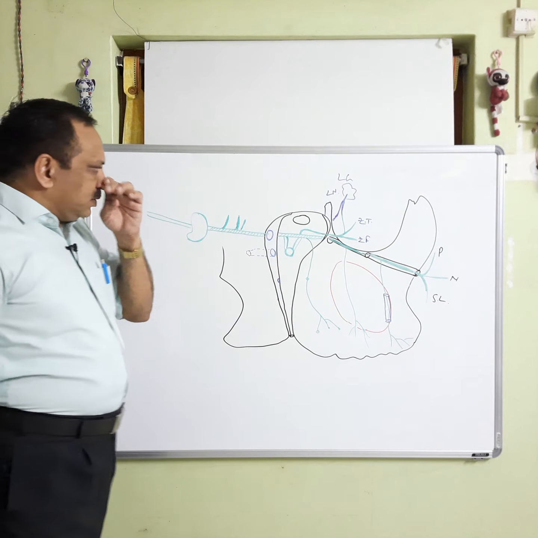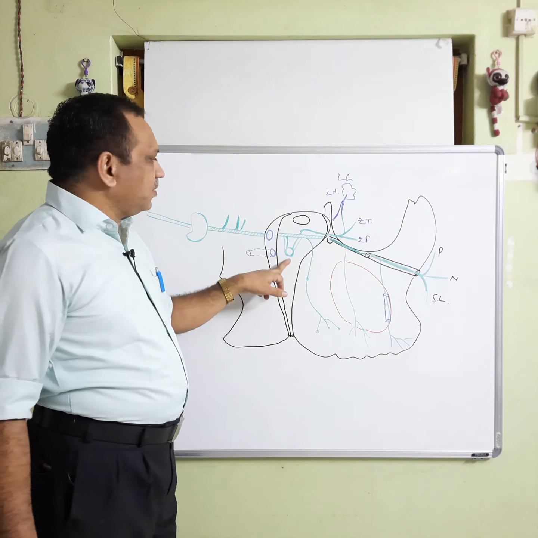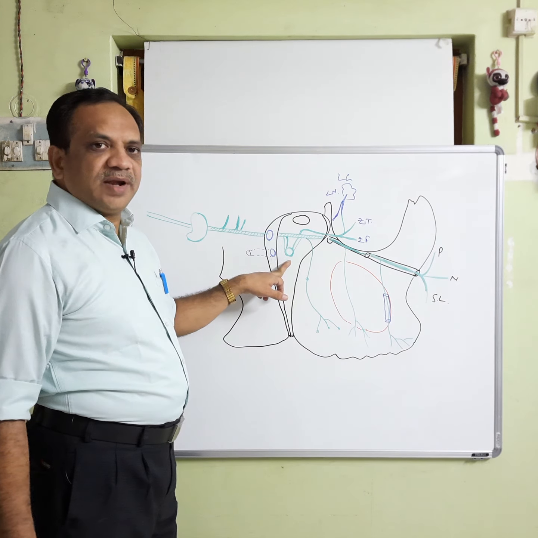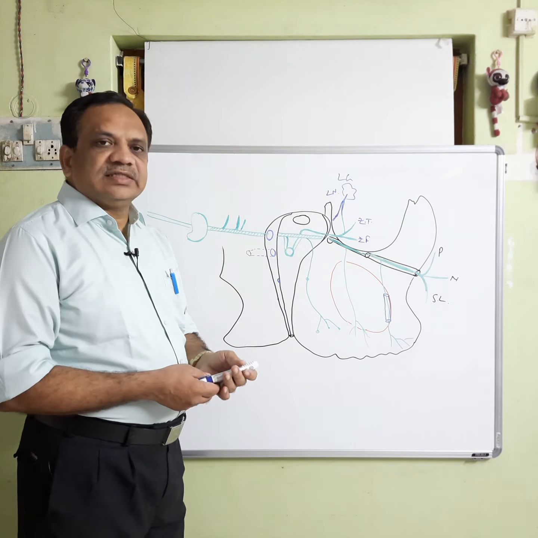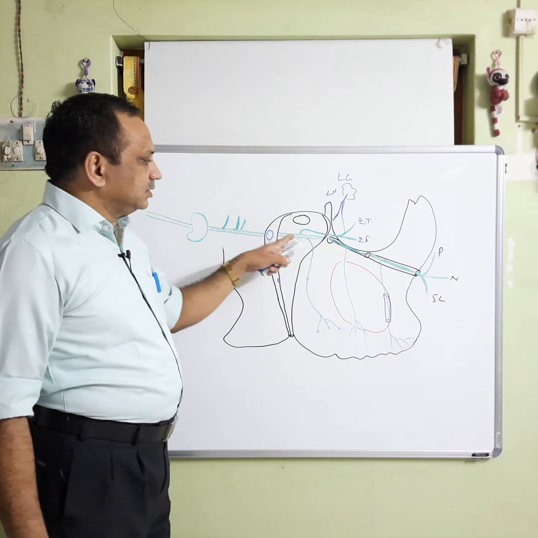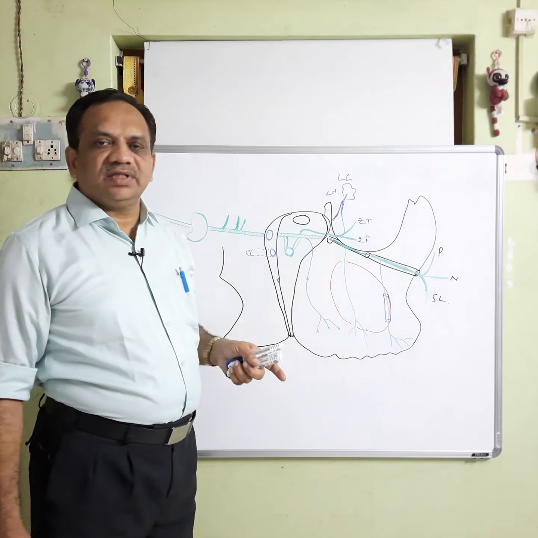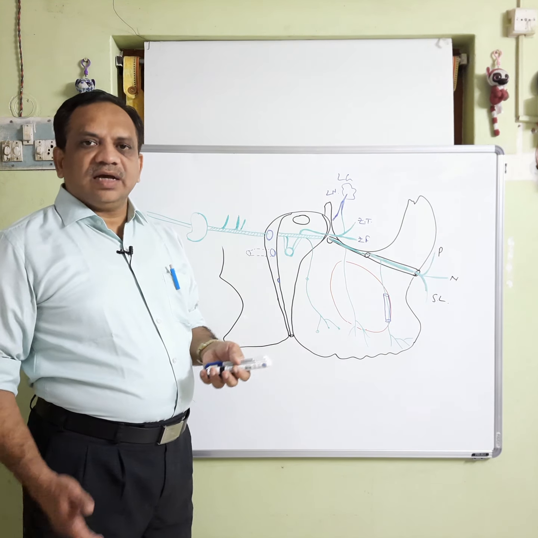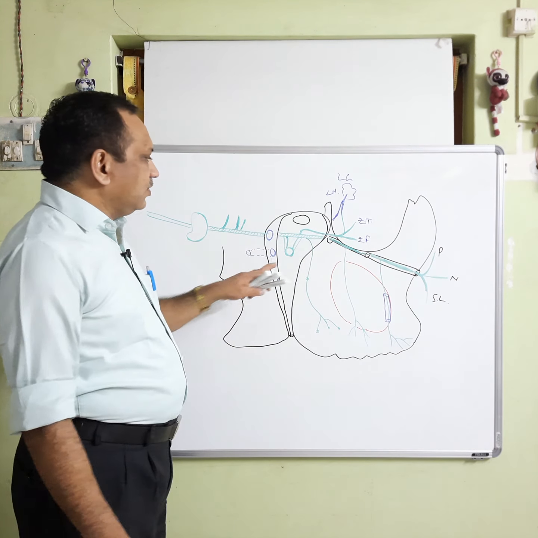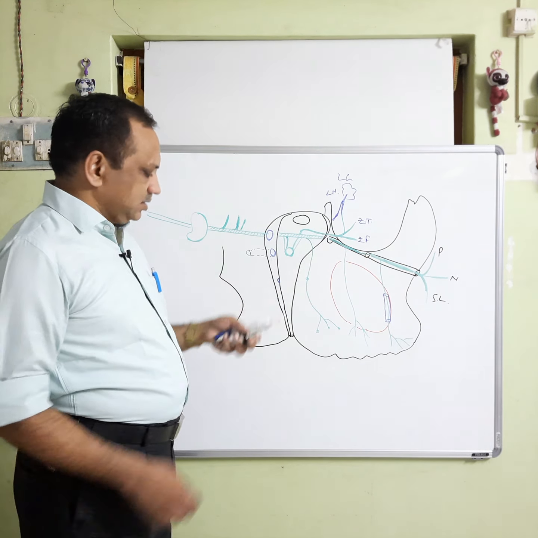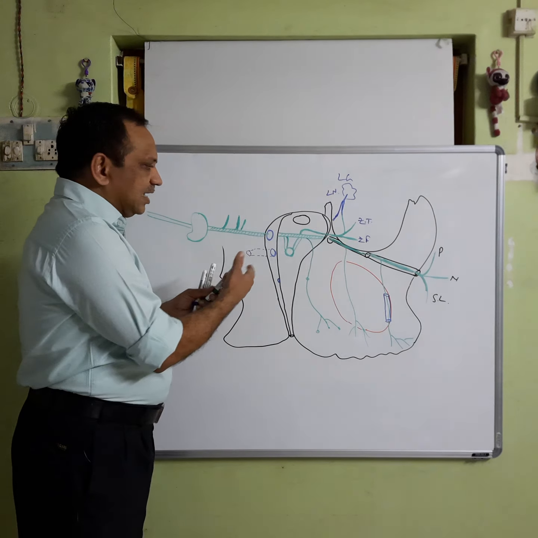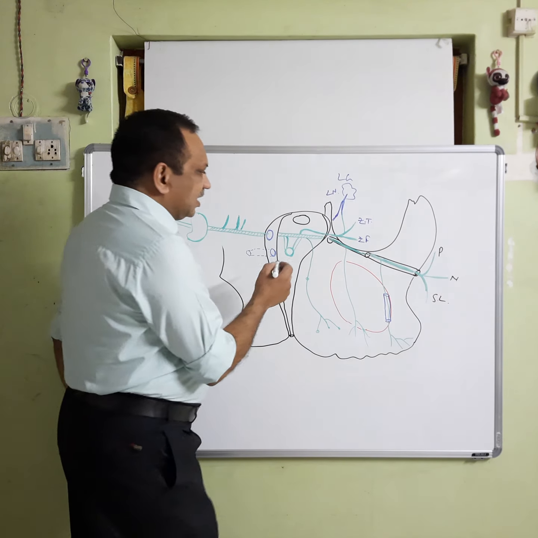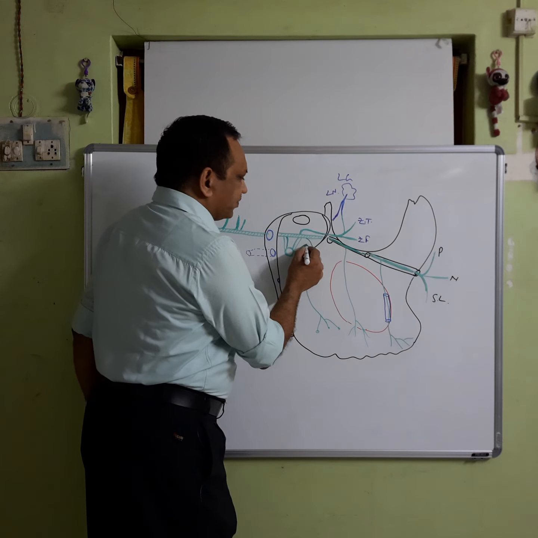So, coming to this pterygopalatine ganglion, it also gives a few branches which are nothing but the sensory fibers of this maxillary nerve along with the postganglionic parasympathetic fibers and the sympathetic fibers also. So, how they are related there we will see now. This ganglion gives 4 sets of branches, orbital branches. Orbital branches, they go up.